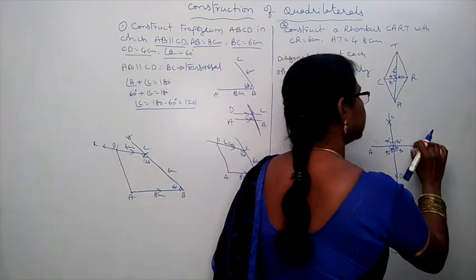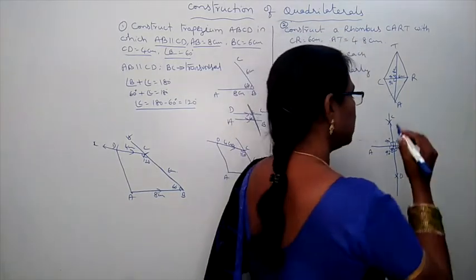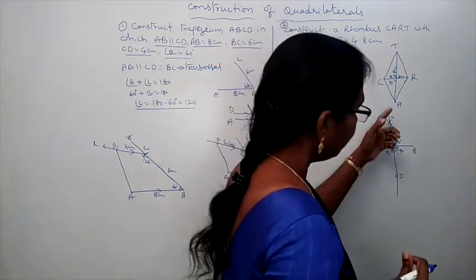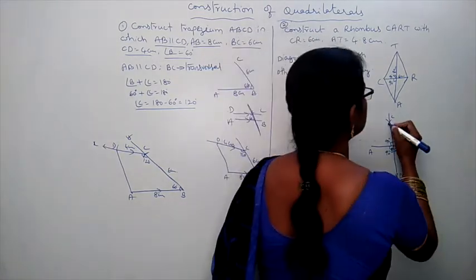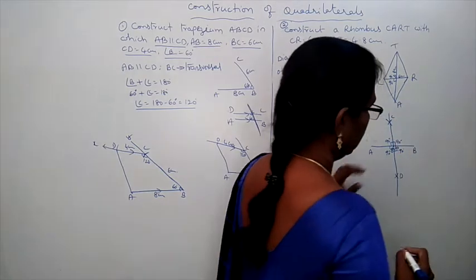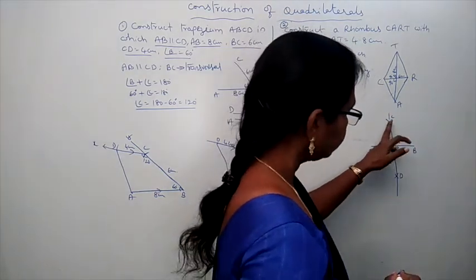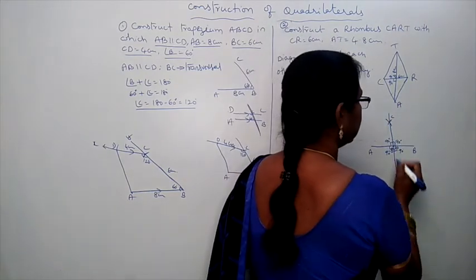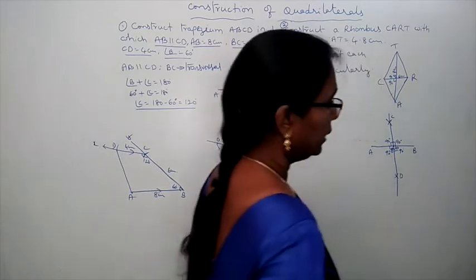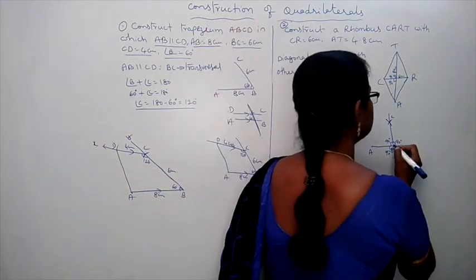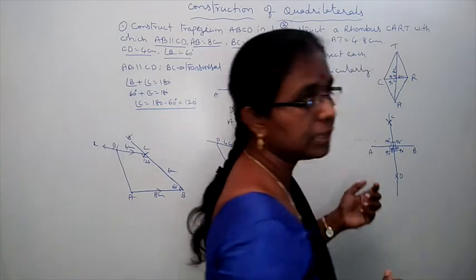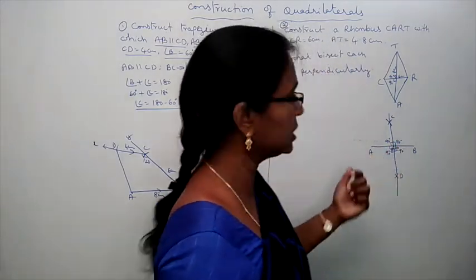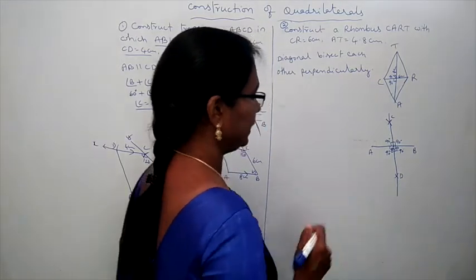Next, take B as center with the same radius, draw on either side of the line segment 2 arcs which intersect the previous arcs at 2 points. Those are C and D. Then COD is the perpendicular bisector to AB. Now at that intersection point O, all the angles are 90. 4 angles will form, and each angle is 90 degrees. That is the perpendicular bisector.